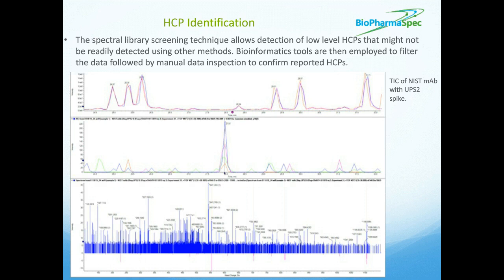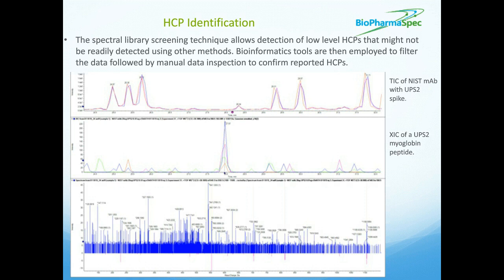The middle figure is the extracted ion chromatogram of the specific myoglobin peptide that we've been looking at. The myoglobin peptide was the 5 parts per million low-level contaminant. So if you compare the extracted ion chromatogram, which it looks like our peak is coming out at about 28 minutes, to the figure above at the total ion current,